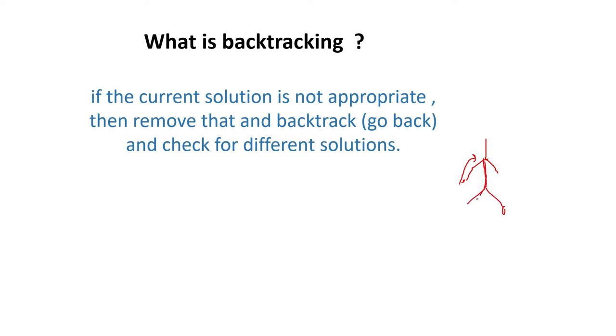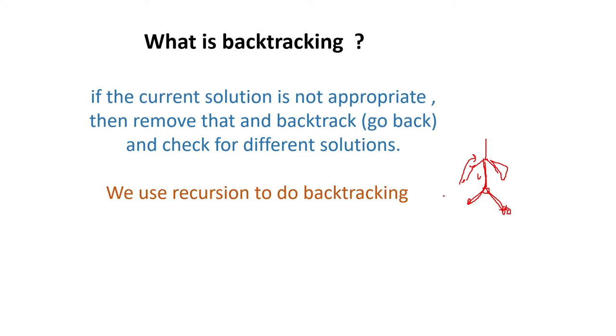Maybe one path is going this side and one is going this side. If by chance you went this side, you will fail because you will not reach your destination. So you have to come back to this junction point and search for the possibilities again. If you come here, then you reached your destination. But if you had chosen this other path, then again you would fail, and you would have to go back and search for the remaining one. So this is why backtracking works. If your current solution is not appropriate, you go back and from that point check for other solutions.